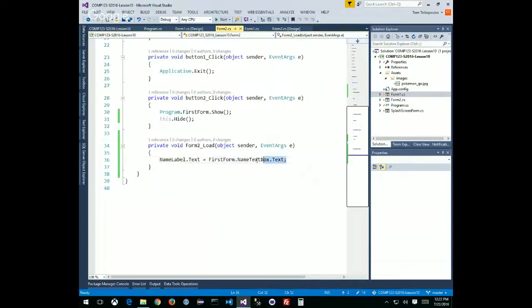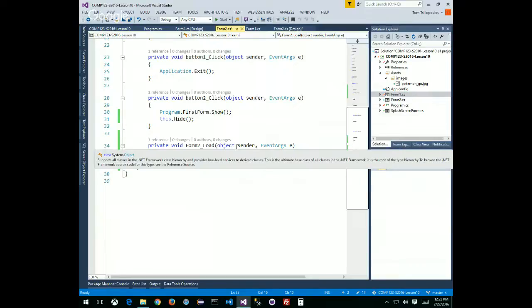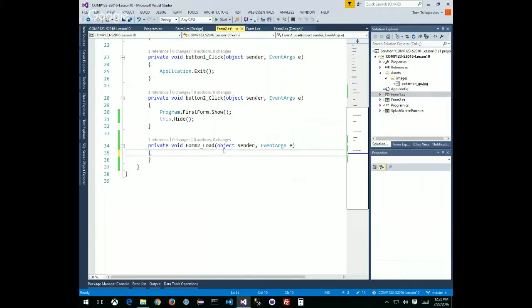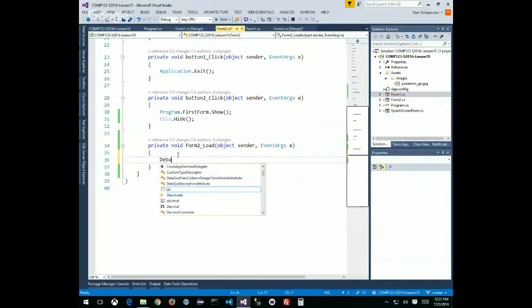Okay, let's take this away for a second, and let's see what I'm doing. It's all about your form event. Before the form has been created, my name label is not created yet, right? And I'm trying to create it, trying to push it to something that doesn't exist, right? Like if I try and render what it is, if I go Debug.WriteLine, and I want to push in the name, what my first form